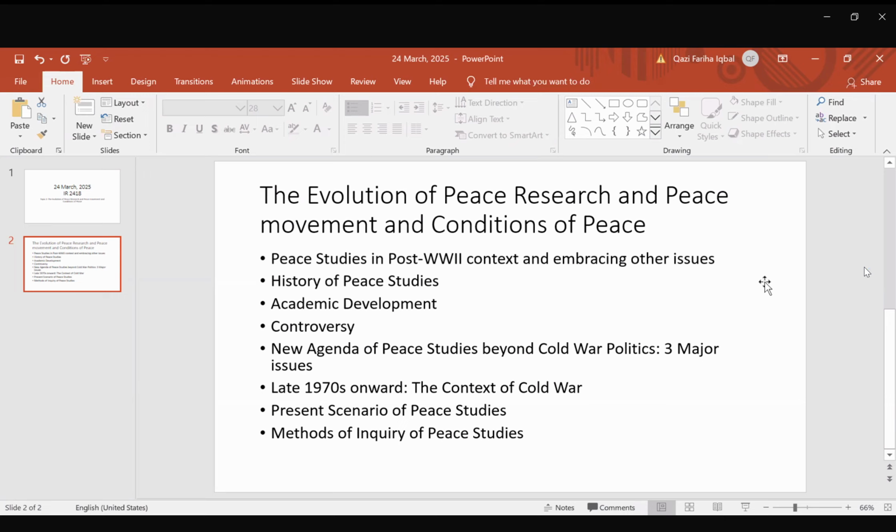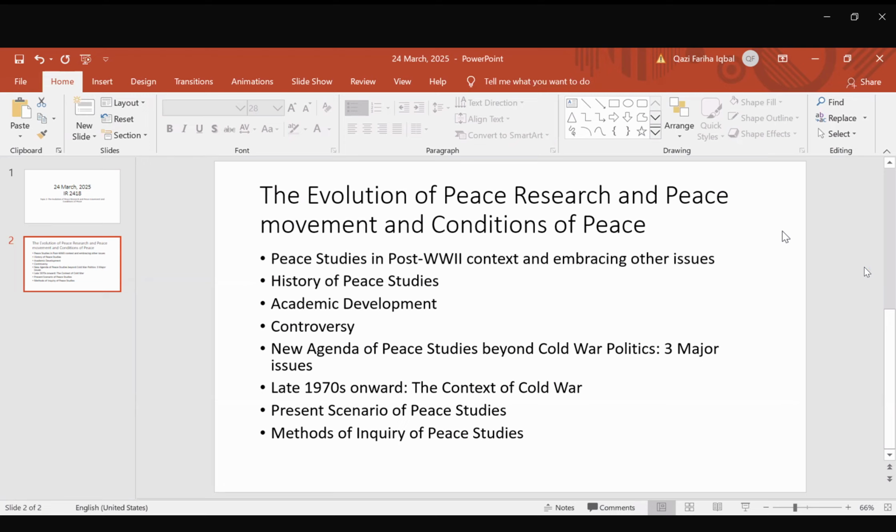So, it was situated in Wales, and the main task of studying IR as an academic discipline was to abolish the condition of war. That means the world had faced a great war. You know that during that time, the First World War was known as the Great War, the war that ends all other war. So, considering that context, people started to think that we are going to study the conditions of war, and we are going to systematically understand how to abolish war.